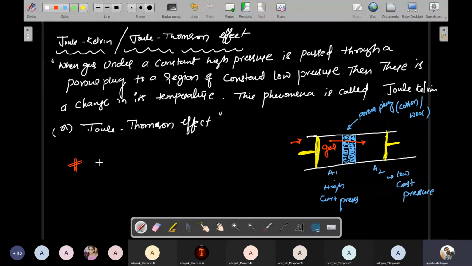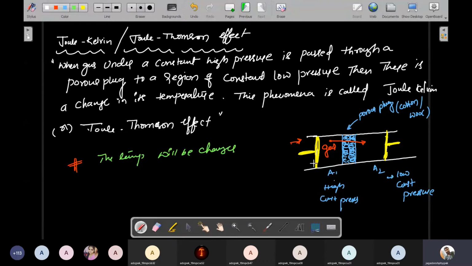So what will happen to the temperature of the gas? The temperature of the gas will be changed. So there is a change in temperature. That phenomenon is called the Joule-Kelvin effect. The temperature will be changed because in the previous state, when I'm not moving the gas,